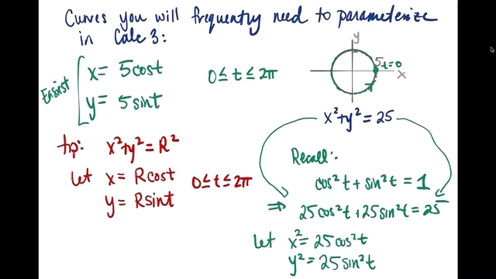Okay, now you may have asked, well, wait a minute, this identity I could have written as sine squared plus cosine squared equals 1, which is true. And in that case, I could have let x be sine of t and y be cosine of t, which is also true. And notice what happens if you do that. It's not going to be my pro tip because you're going to see in Calc 3 a lot of times we are really interested in counterclockwise motion, or that's like our default. But if I want